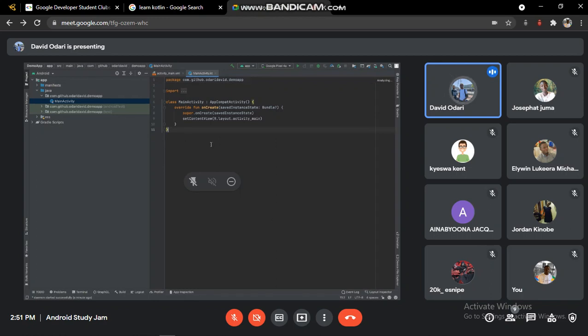There's a lot more to Gradle than meets the eye, but that's a very extremely high-level overview of what Gradle really does. You're going to hear of Gradle a lot when you do